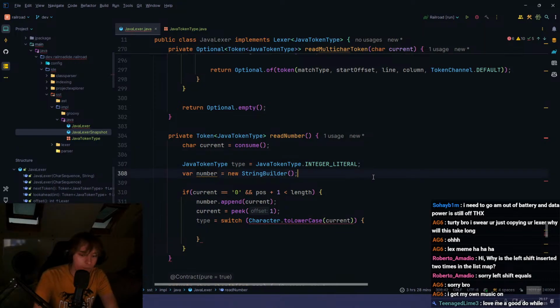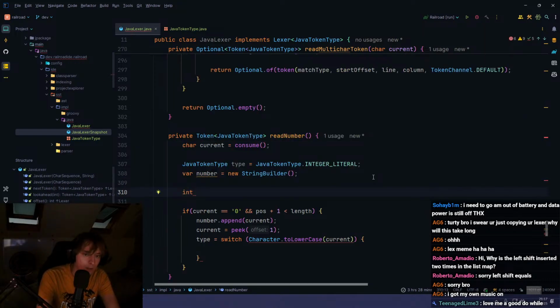I'm pretty sure that's correct, right? If I say int my number equals 0x, yeah, you can do that. And you can also do, you actually can't do that though. Oh no, that's because you can't do that. It needs to be like this, right? That's binary. And then octal would be like